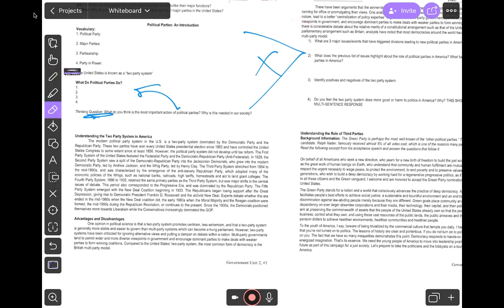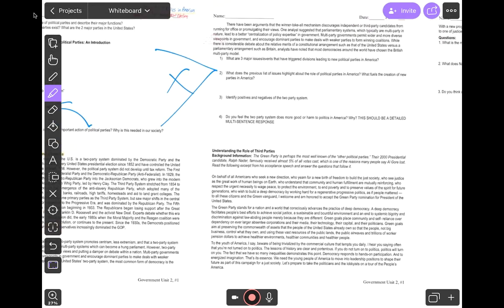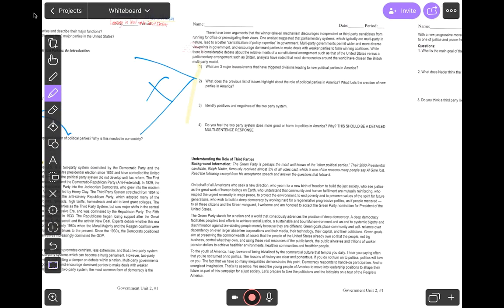All right, the first reading, as you can see by the title, is focusing on understanding the two-party system in America. Okay, so this is a historical reading. It gives you some history on where the two-party system comes from, how it changed over time in America, and how we have the system we have now. It also points out some advantages and disadvantages. Okay, so we want to use this first reading to understand, well, where did we come from? How did we arrive at the system we currently have? And then what are some pros, what are some cons of that current system? You have some questions attached as well.